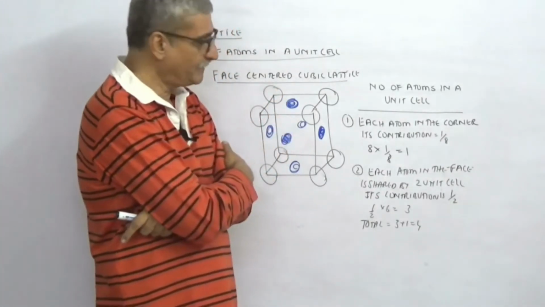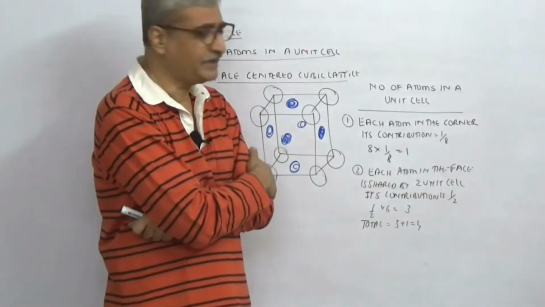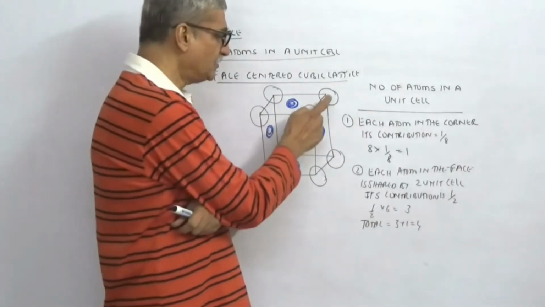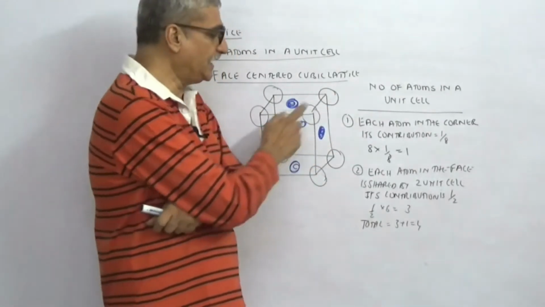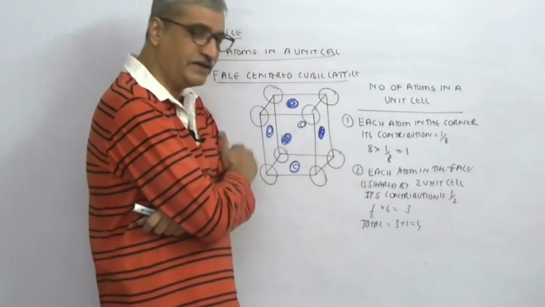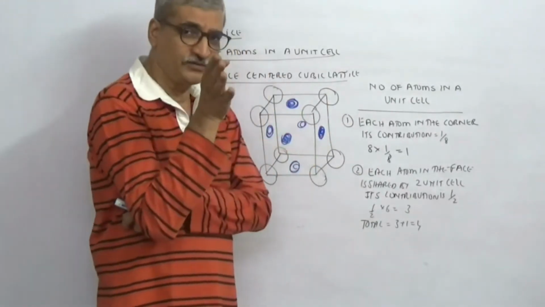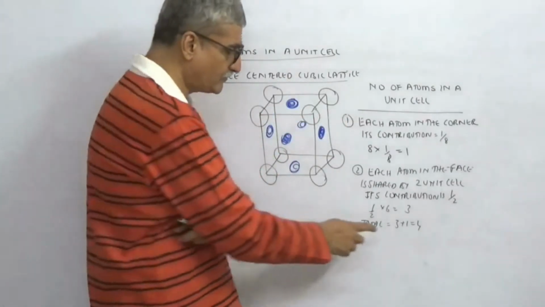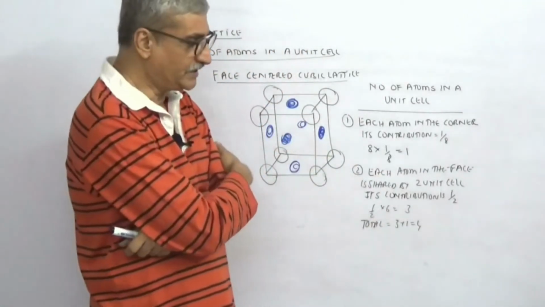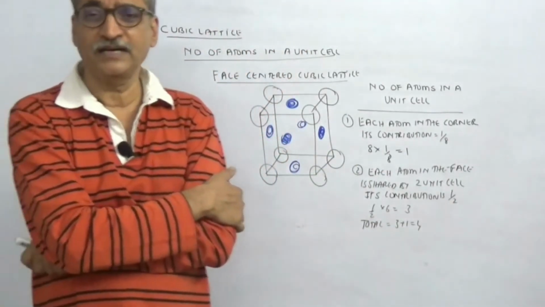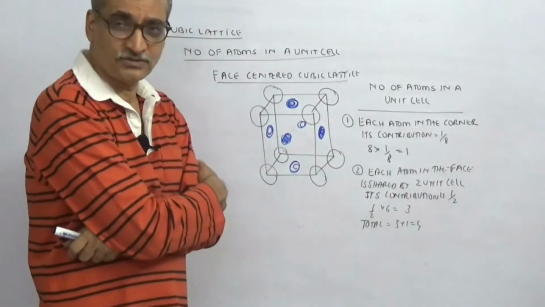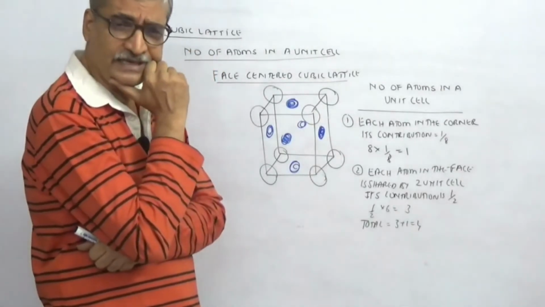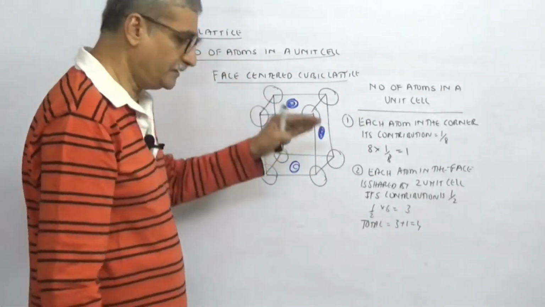Then we have the face centered cubic lattice. Is this point clear? Look, where are the lattice points? Corner and center of the face. Atom in the corner 1/8, 1/8 into 8 is 1. Each atom in the face is half a unit cell. 6 faces are there, so 3. So if you catch all the tidbits and join, what is the number of spheres you will get? 4. The number of atoms in a unit cell of face centered cubic lattice is 4. I hope you have understood this. This is a board question, and plus we need this for calculating the number of tetrahedral and octahedral voids. So that is done.